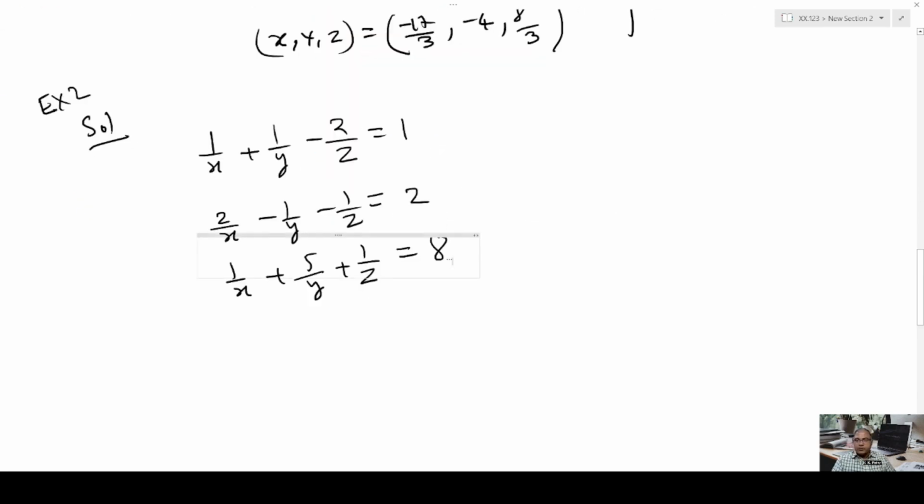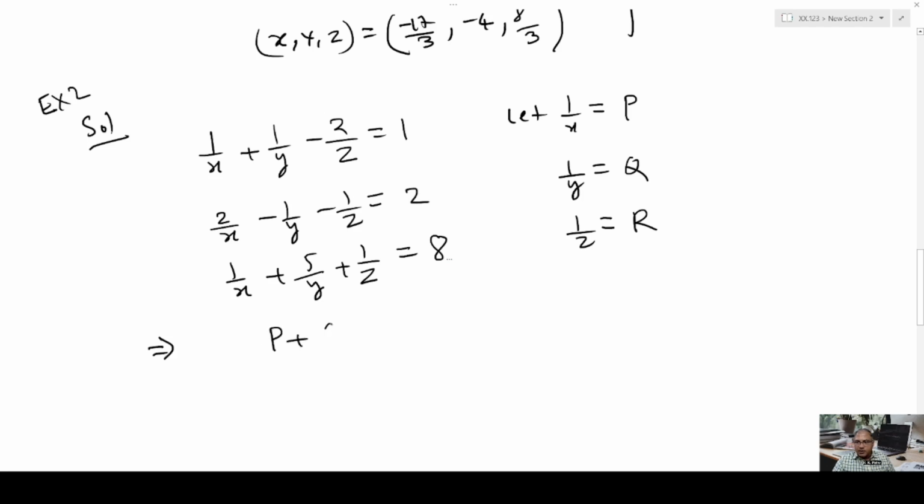Suppose we are given three equations like 1 upon x plus 1 upon y minus 2 upon z equals 1. That means x, y and z are variables in the denominator. Then how to solve this by using Cramer's rule? For that, let 1 upon x equal p, 1 upon y equal q and 1 upon z equal r. Then the equation gets converted to the following form, that is p plus q minus 2r equals 1,